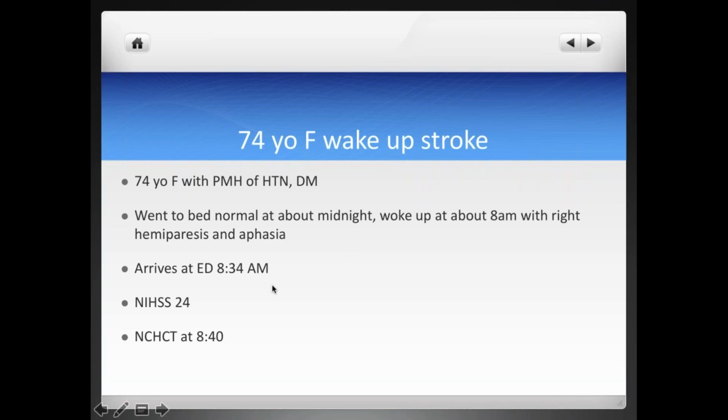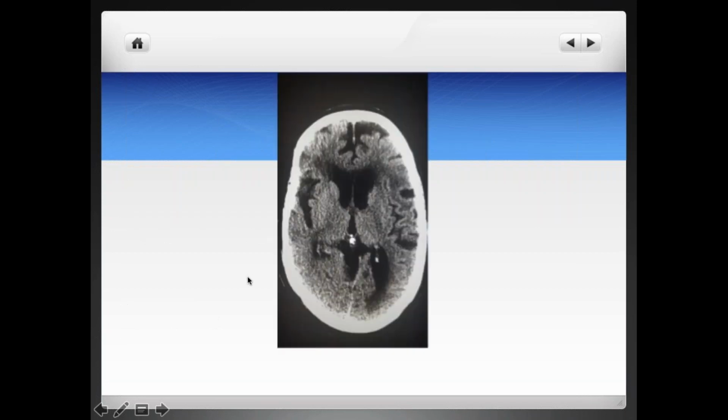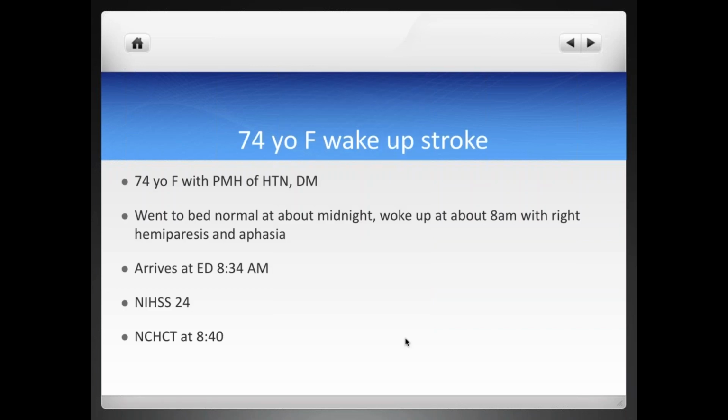This patient arrived in the ED very quickly after the symptom onset, after calling 911. Very, very high stroke scale of 24. And then we got the non-contrast head CT. As I said, typically we want this non-contrast head CT right away after the patient arrives in the ED. Here we have the first CT, and hopefully by now you remember your CT ASPECTS. At least you have it in your head, and at least by now you could appreciate some of the subtle changes here.